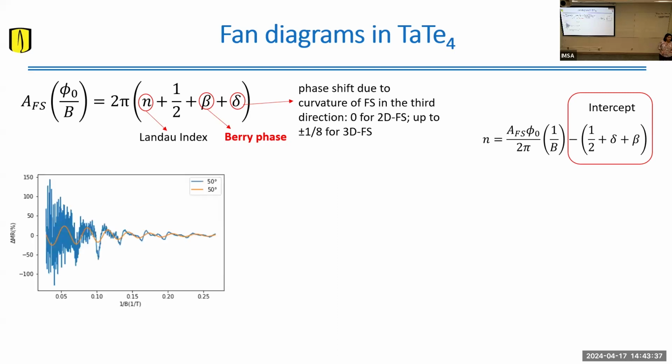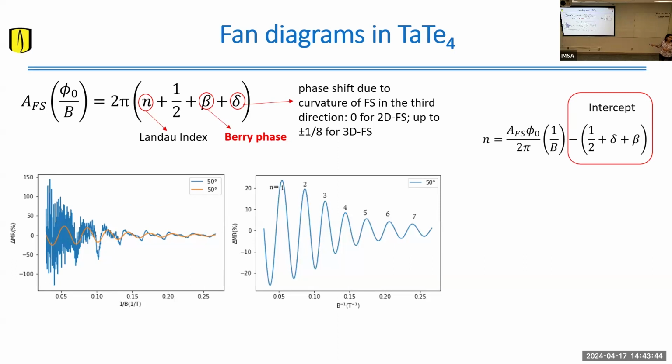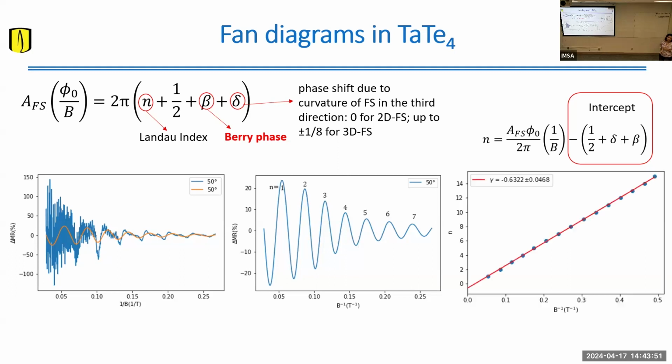So we have done that. But because our samples have many frequencies in their magnetoresistance, we need to filter out all the other frequencies, focus on the one we are interested in, index the Landau levels, and then plot these kinds of plots. So these are the magnetic fields at which the Landau tubes cross the Fermi surface, which I find very beautiful. You can deduce when the first Landau level crosses, the second, the third. These are very low frequencies, so that's why the Landau indices are very low.